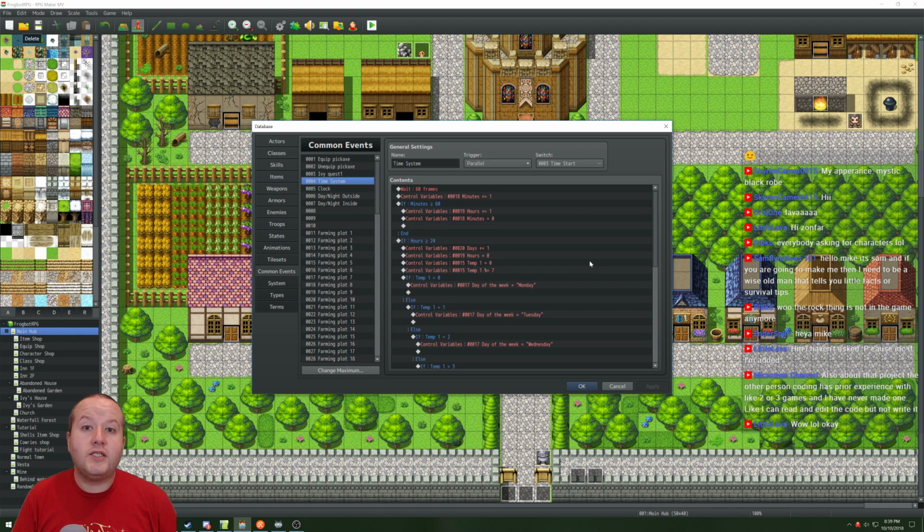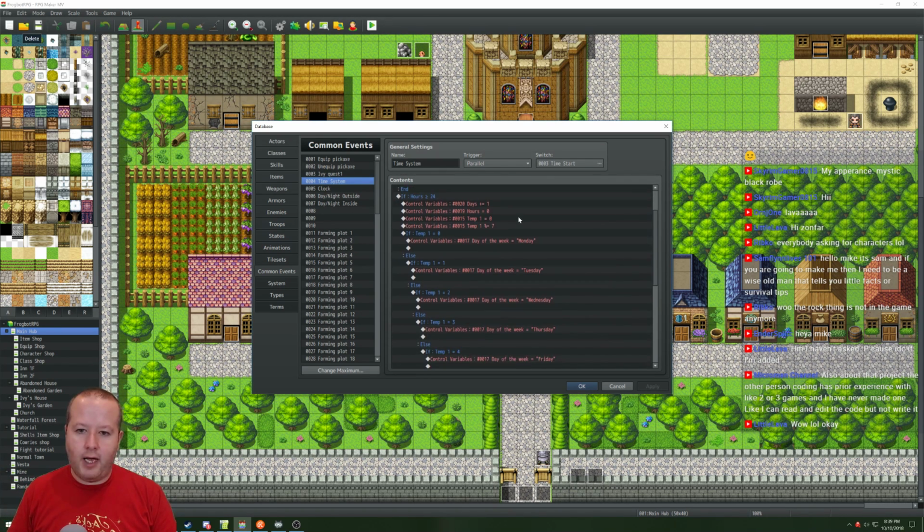system. What it's doing is, for every 60 frames, remember this game runs at 60 frames a second, so 60 frames equals 1 second, wait for a second and then add a minute. So in this game, 1 second is 1 minute. You're going to get 24 hours, which will take 24 minutes, because 24 times 60. So if the minutes are over 60, increase the hours, and then it goes down the line. Now, every time the hours change to the next day, you increase the days by 1,